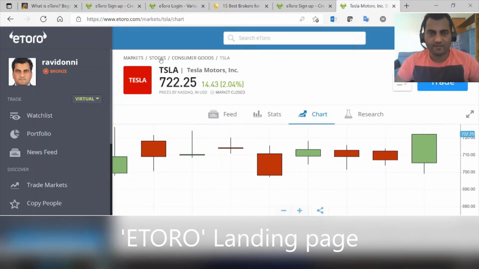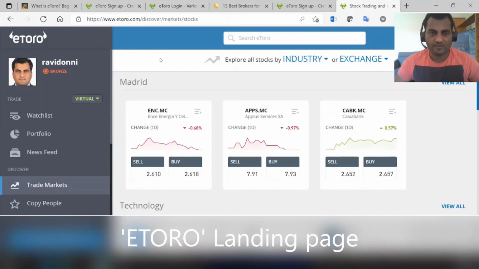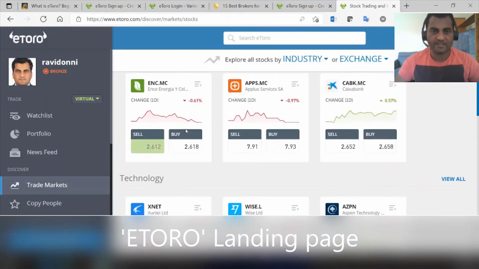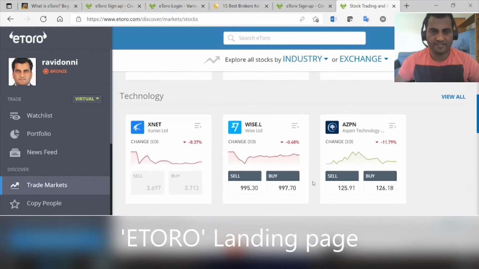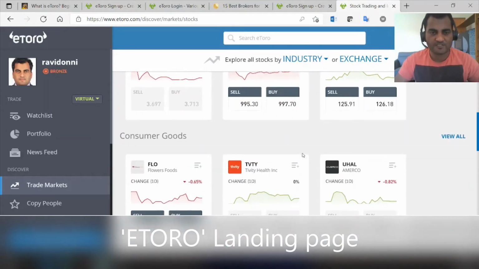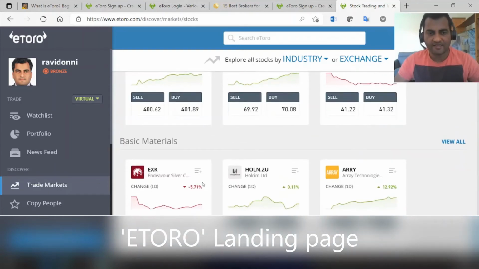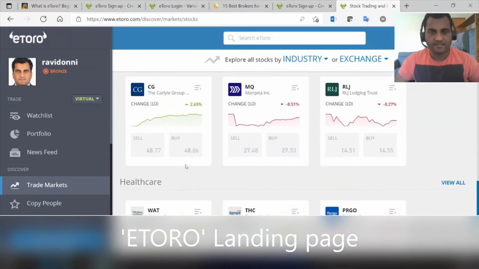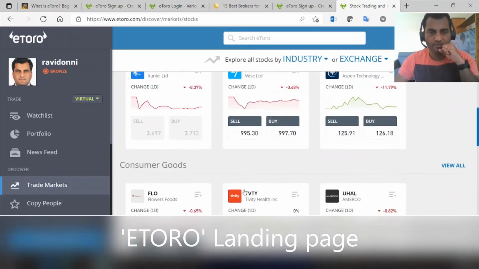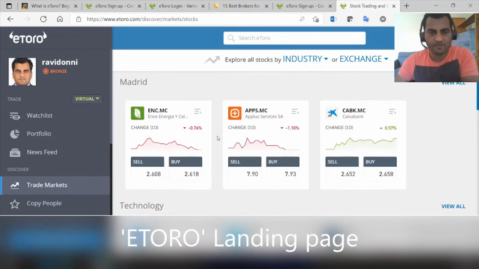So like that you can get, followed by, if you want to check further details, anything related to technology, consumer goods, services, finance, healthcare, basic materials, you can get all the things. Then followed by, if you want to look into further details, you can search by something like this,